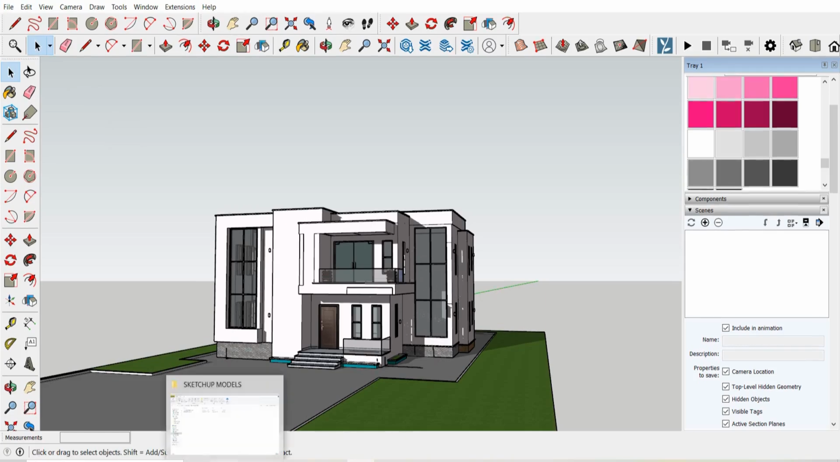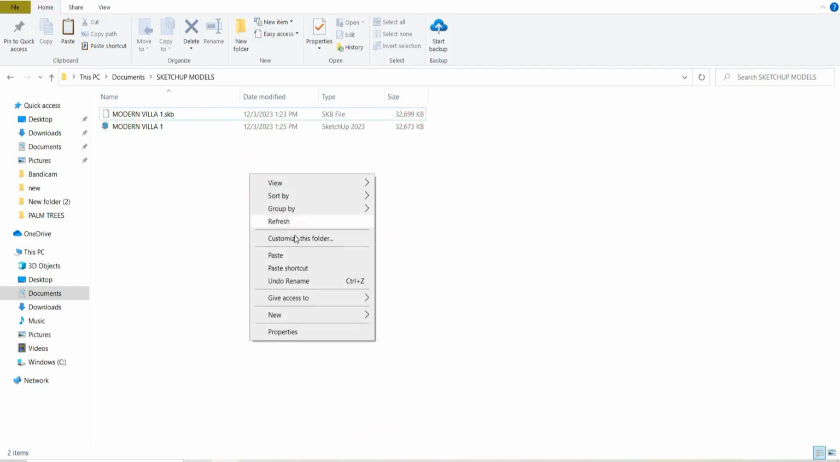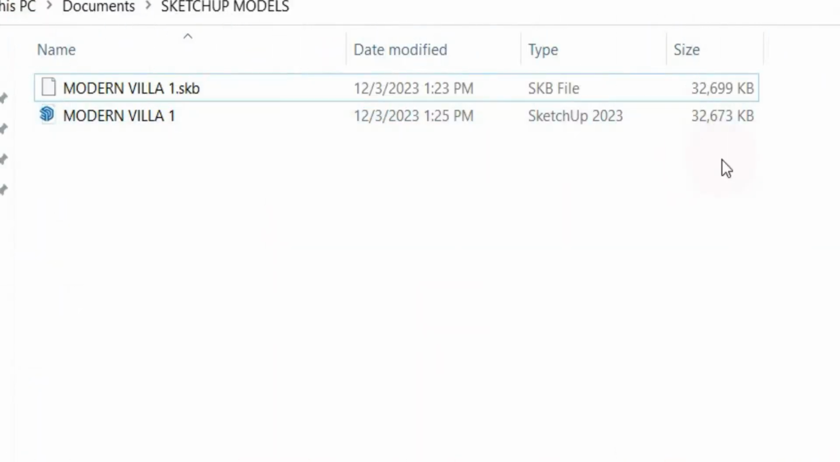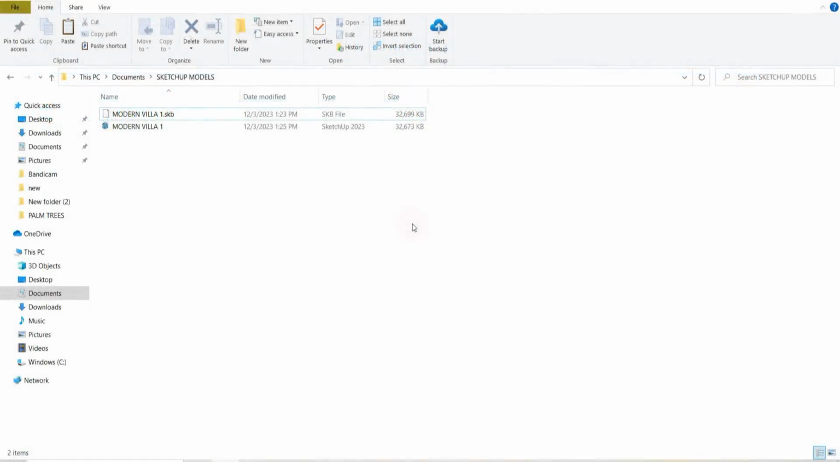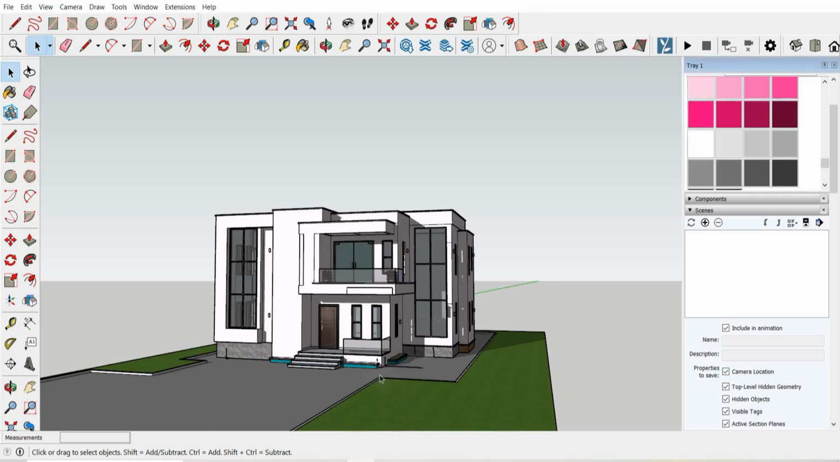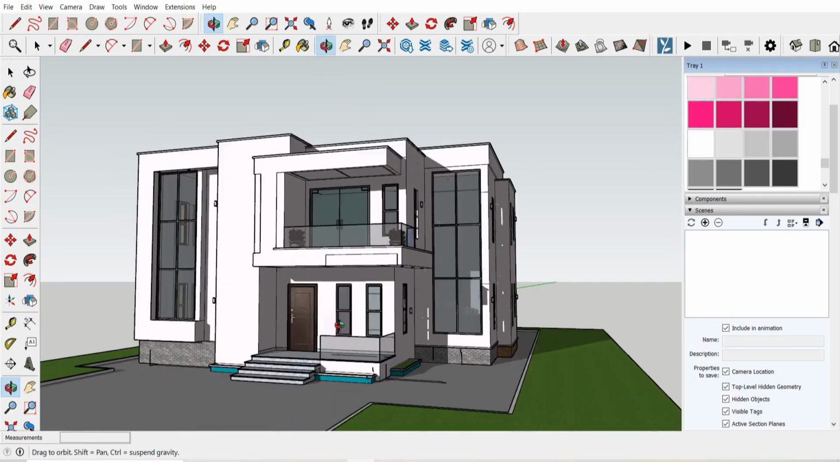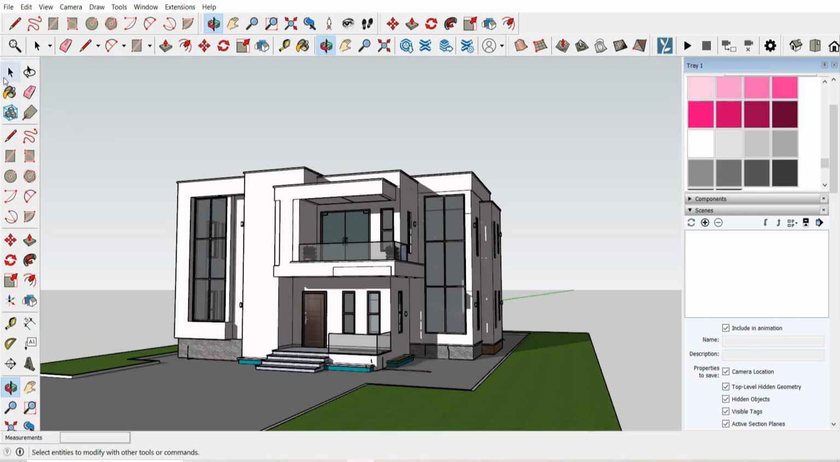Let's go back to our folder and see the changes. You can see it's just a slight difference, because those components we deleted are still in this project. So for you to delete them permanently, you have to purge all those unused